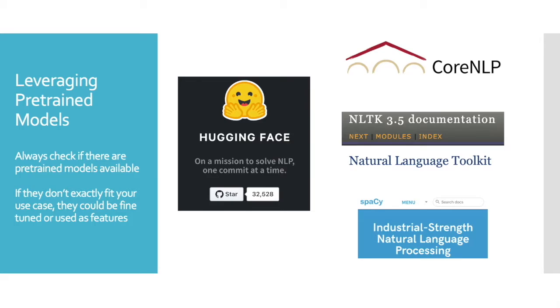But before you jump into collecting data, it's always a good idea to first check if there are any pre-trained models that you can use out of the box. Hugging Face is a popular platform that has implementations of many state-of-the-art models. CoreNLP, spaCy, and NLTK are platforms that have implementations of many NLP basics and fundamentals, such as named entity recognition, part-of-speech tagging, etc. And you can always do a simple Google search to look for additional models as well. Even if these pre-trained models don't perfectly fit your use case, they can still be useful for fine-tuning or as